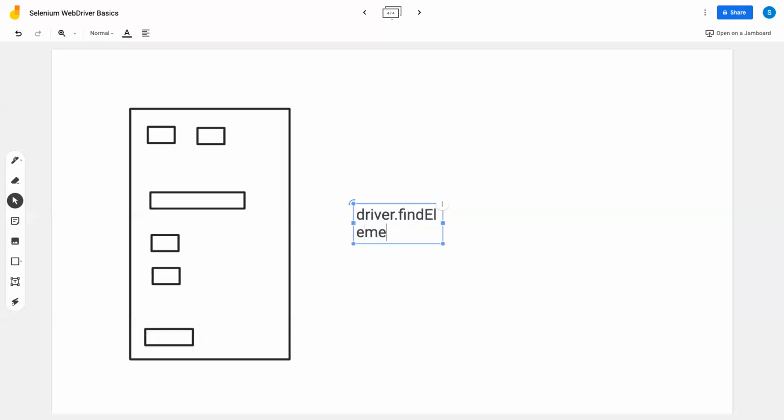Driver.findElement. Okay, so element is the method. Don't get confused about elements. We have one more method which says, if you want to find out all the matching elements with your locator strategy, then you use elements. When you use elements, the S is very important, guys. It's going to give you all the matching elements based on your locator technique.